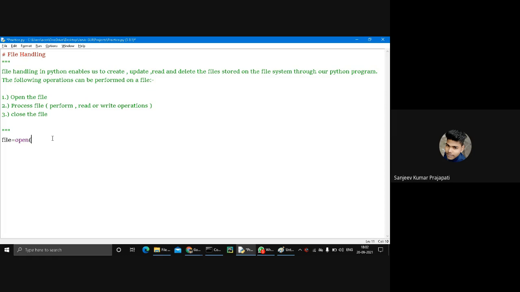First I give you the syntax: open, the file name, and the access mode. Access mode means whether you want to update some data, read your file, and so on.